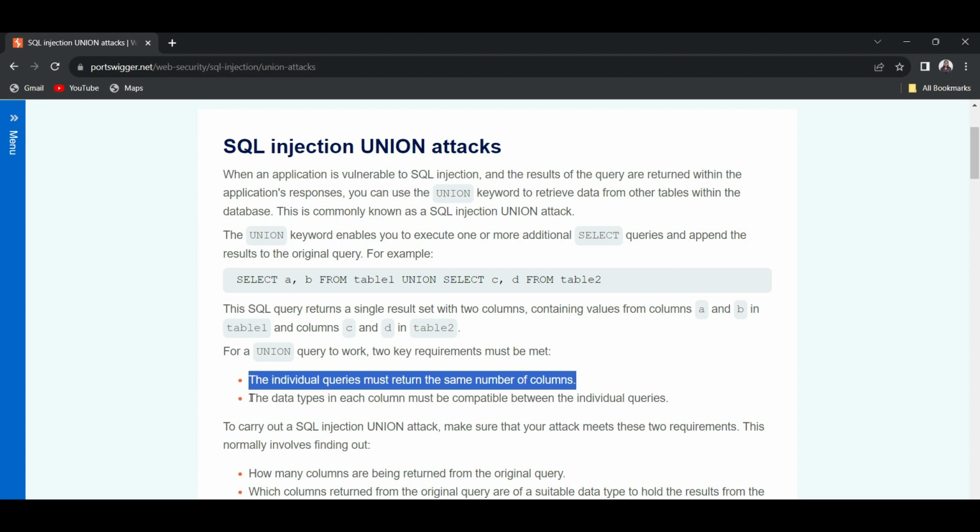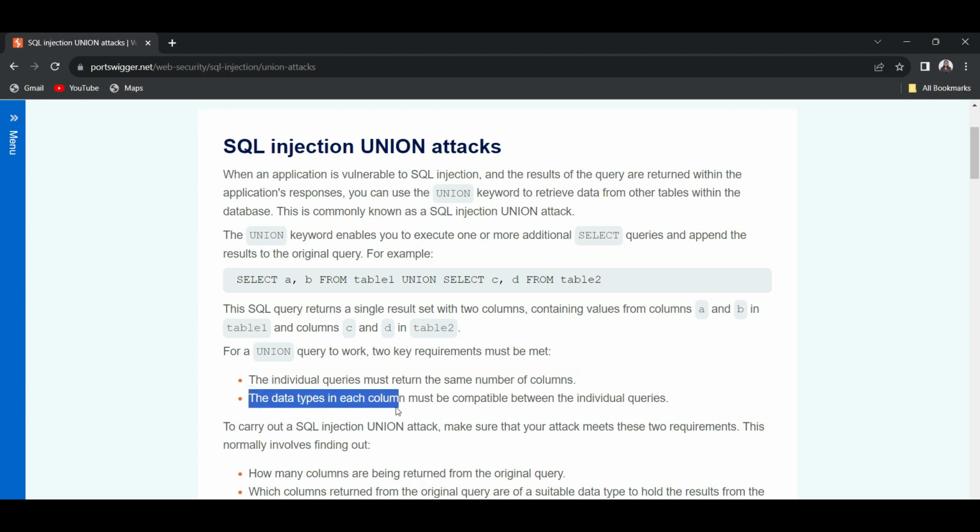So we need the same number of columns in both of the queries. And the second condition is that the data types in each column must be compatible between the individual queries. Meaning we check the data types: if column A in the first query has the string data type, then column C in the second query must also have the string data type, the same data type.